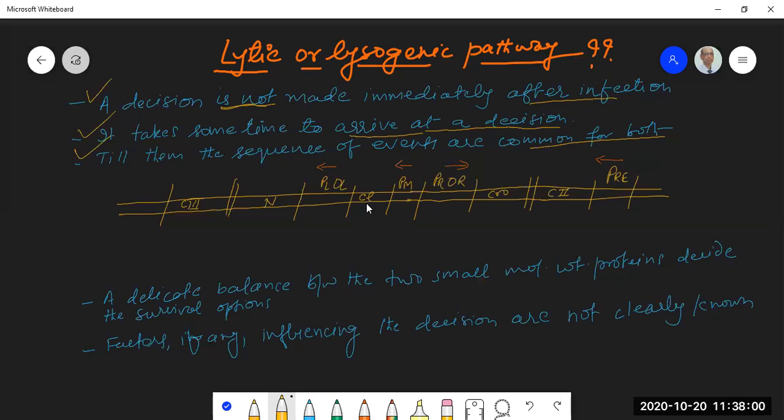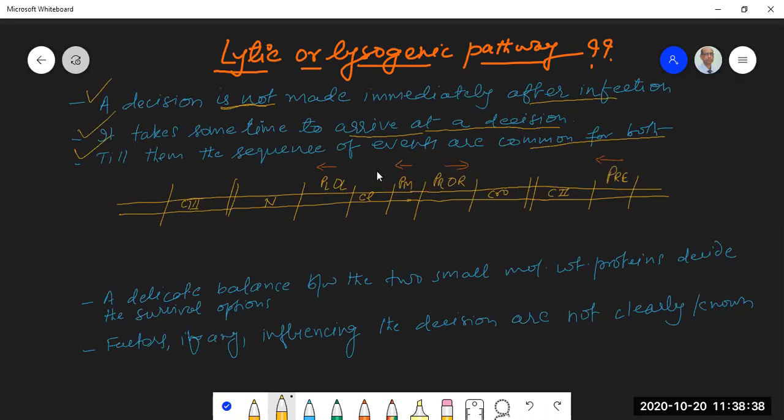Okay. So you have this cI gene, you have the promoter PM, you have the promoter PR on the right hand side, and within the promoter you have an operator. And then you have another promoter, PRE, for repressor establishment. And there is a promoter on the left hand side, PL and OL, right? And please remember these orientations. RNA polymerase will bind at each of these promoters and transcribe in the direction shown.